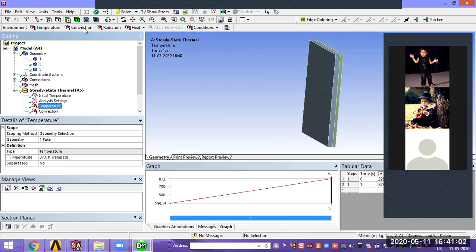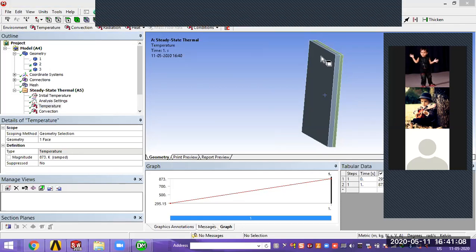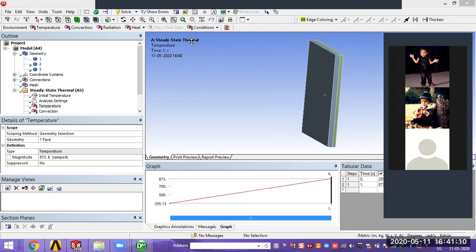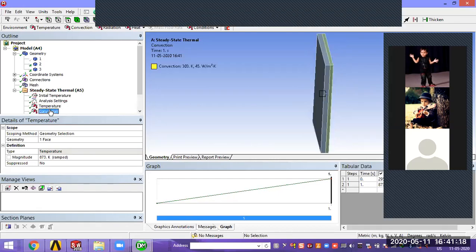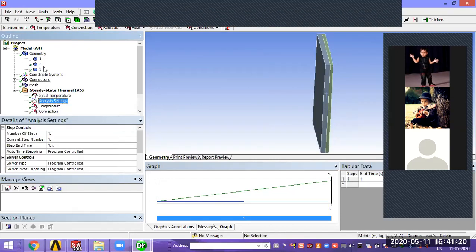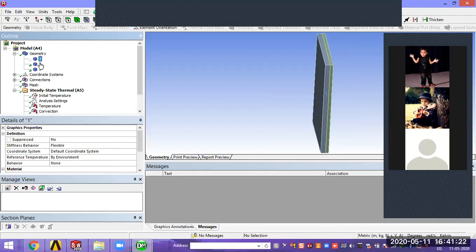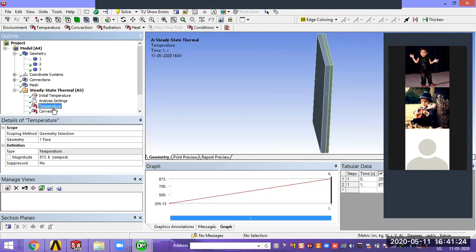Go to the probe option and directly assign. Where is the convection? The first component we hide it, no? Second component.